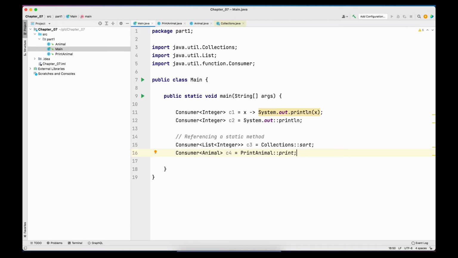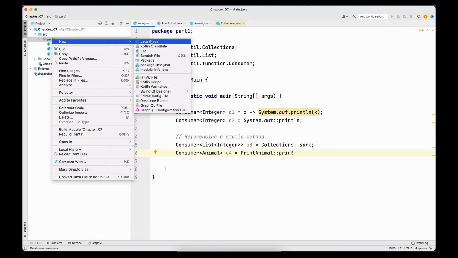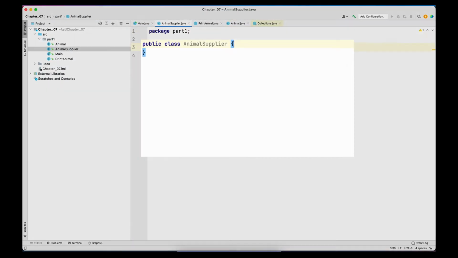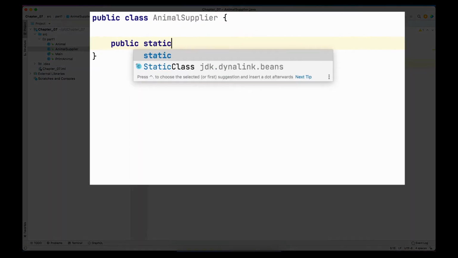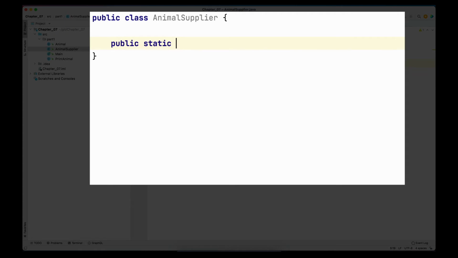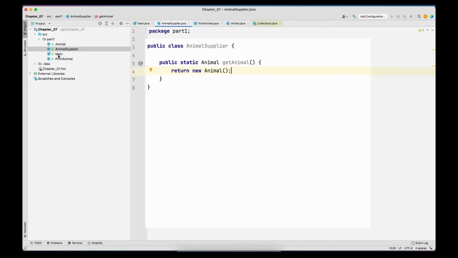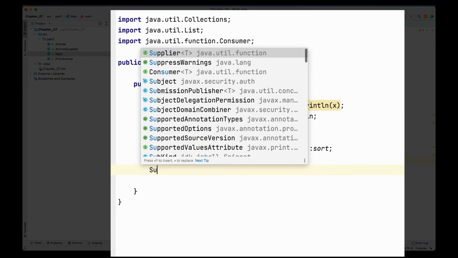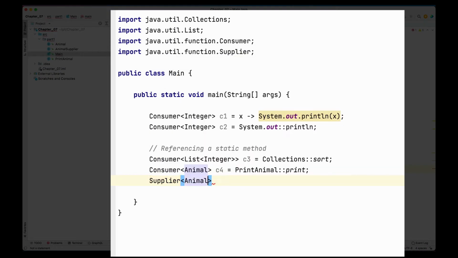So I'm going to create my own Supplier, which will supply me an Animal. So I'm going to create a class called AnimalSupplier, and within that class I'm going to create a static method again, which will return an Animal, but it wouldn't take anything as input. And in my main method, I'm going to create a Supplier of the type Animal and use the method reference on getAnimal.